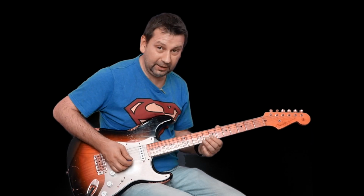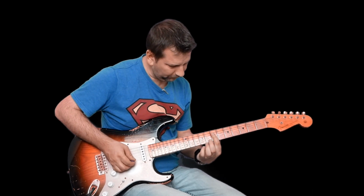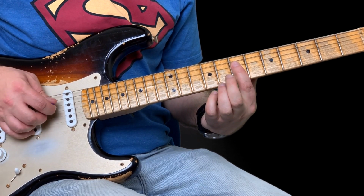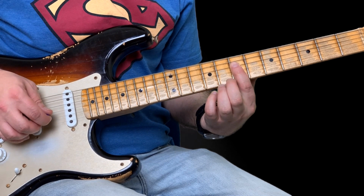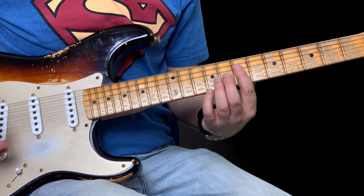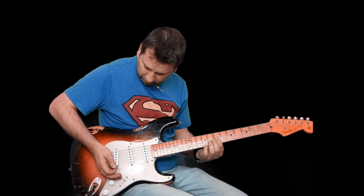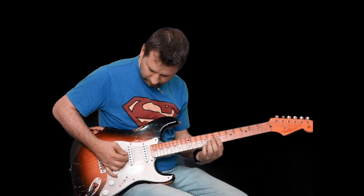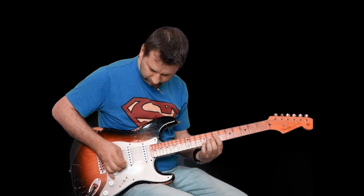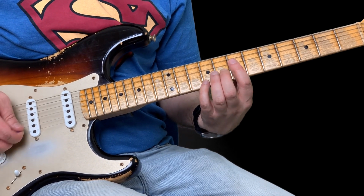So now what's happening here is, to make it sound a bit more authentic, you're going to bar on the 7th fret. So you take your first finger and put it over the 7th fret of the D, G and B, and you get this. Also, you're going to have your right hand touch down by the bridge here, and you get this. And then you're going to play that riff. So this is a bit tricky, but...